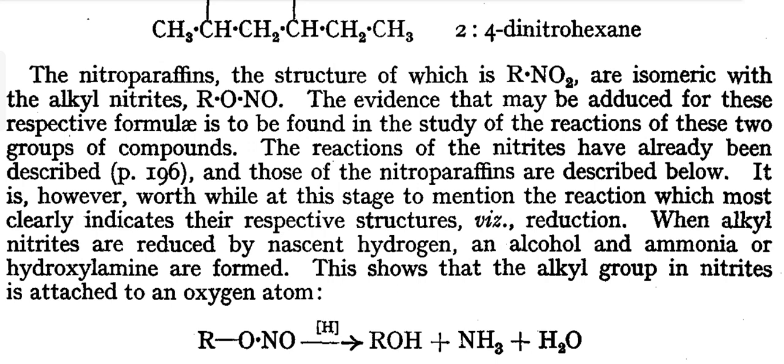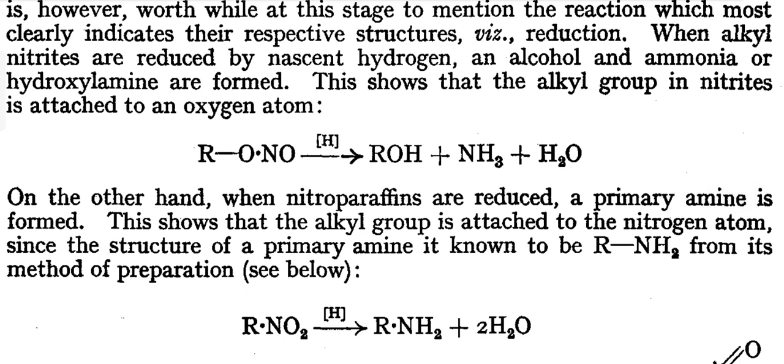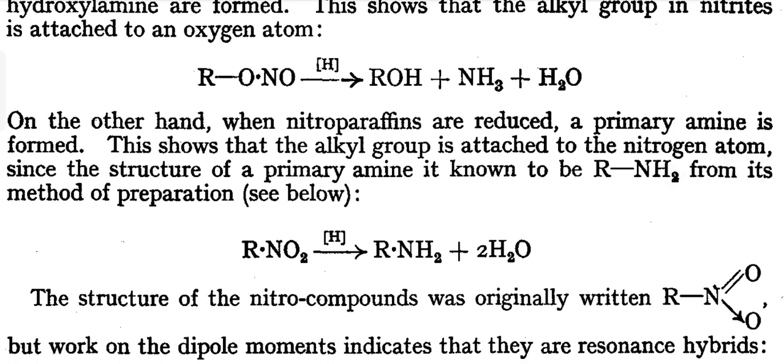When alkyl nitrites are reduced by nascent hydrogen, alcohol and ammonia or hydroxylamine are formed. This shows that the alkyl group in nitrites is attached to an oxygen atom. As in this reaction, we can clearly see that when we reduce the alkyl nitrite, our products, alcohol and ammonia, are formed over here. On the other hand, when nitroparaffins are reduced, a primary amine is formed. This shows that the alkyl group is attached to the nitrogen atom,